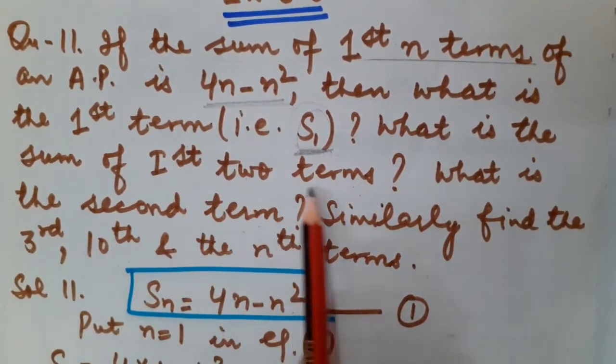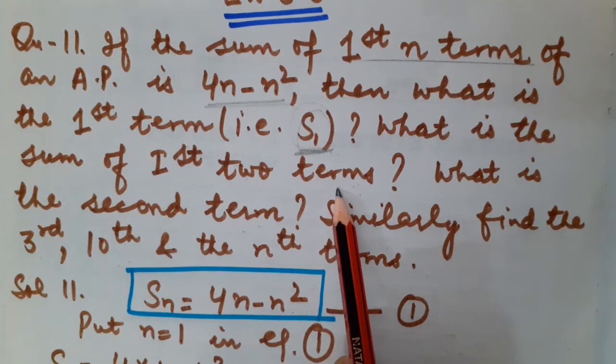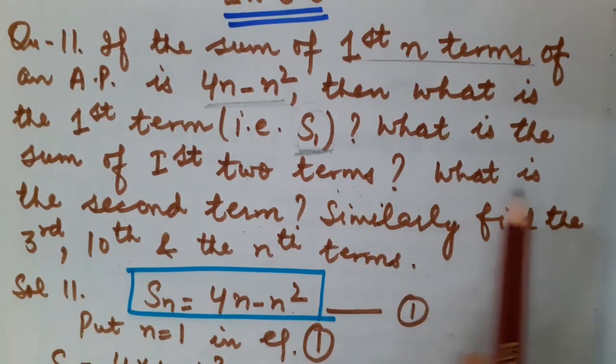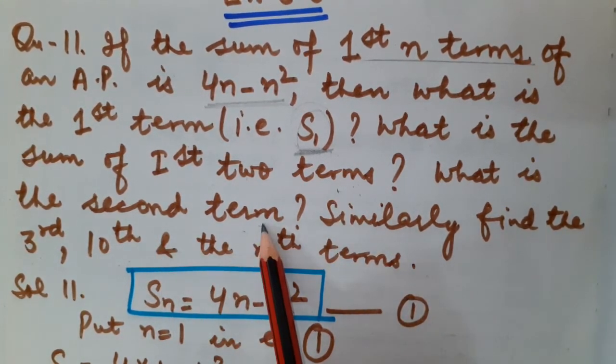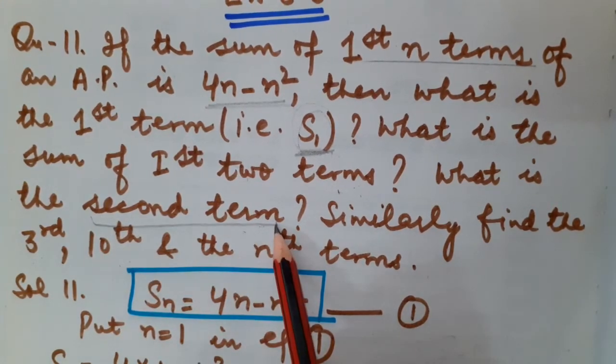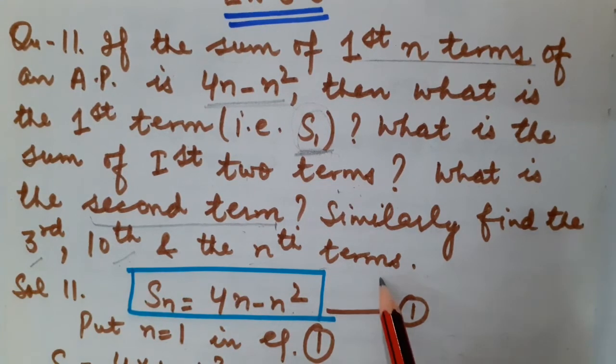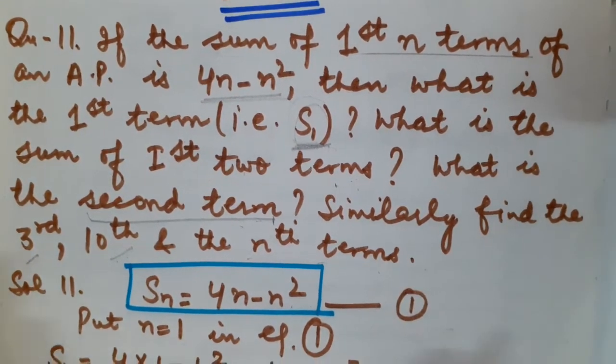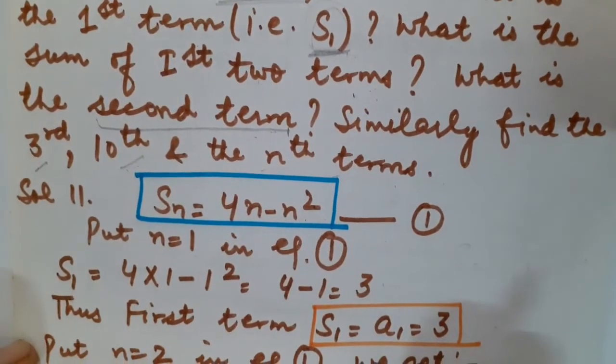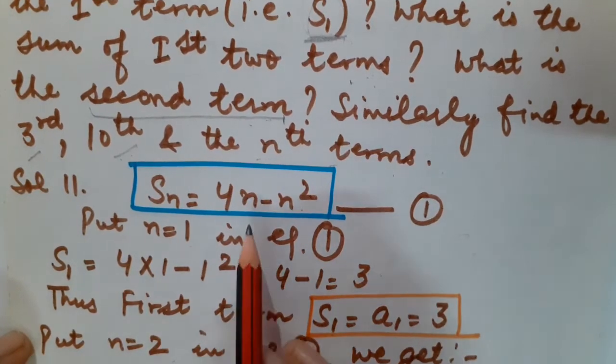What is the sum of the first two terms? It means I will have to calculate S2, correct? What is the second term? I have to calculate A2 also. Similarly, we will have to find the third, 10th and the nth term. Okay. So here the sum of the first n terms of an AP is given, that is 4n